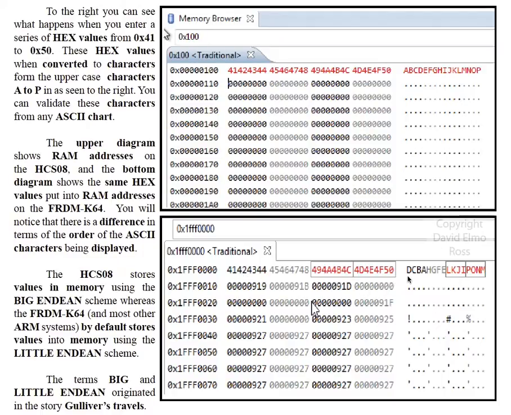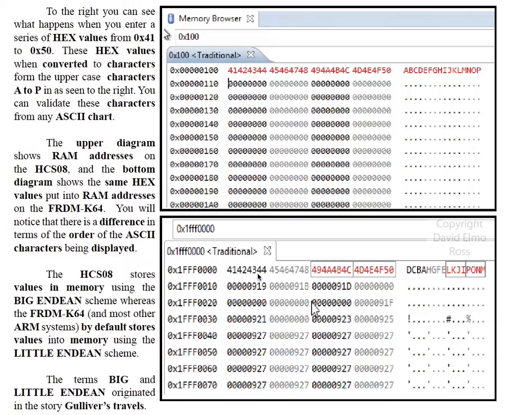41 here should be an A, but notice the A is over here. 42 should be a B, but the B is over here. In fact, what you're going to find is that the 32-bit number that you've got here is in reverse order, because when we look at